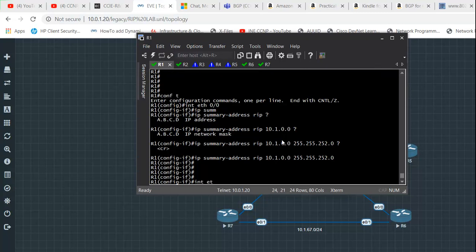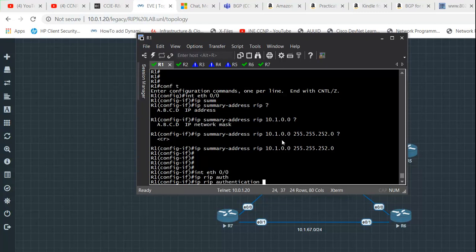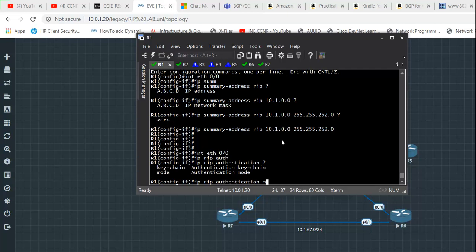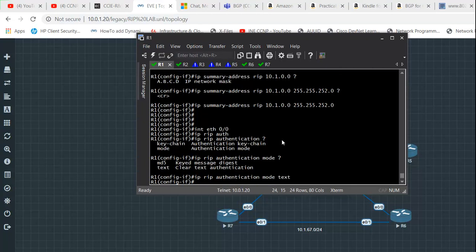Yes, let me be sure of which interface I'm in here. Yeah, that is IP RIP authentication. The default mode is clear text, so I will say what mode is best, and I will say